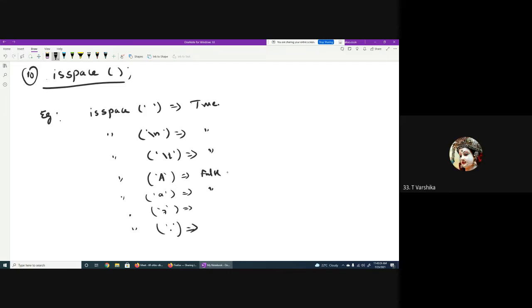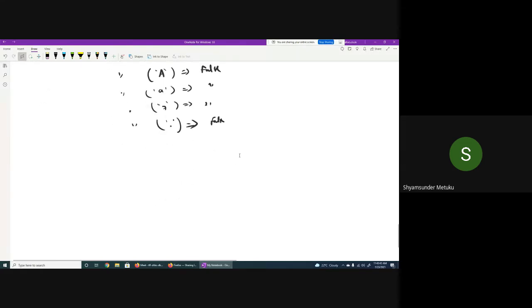False. Next. False. False. Last one. It's a dot basically between the two single quotes. False. Okay, it's a false. Okay, so whether it is a space, backslash n or a backslash t, the is space is going to give a true condition and false for other characters.